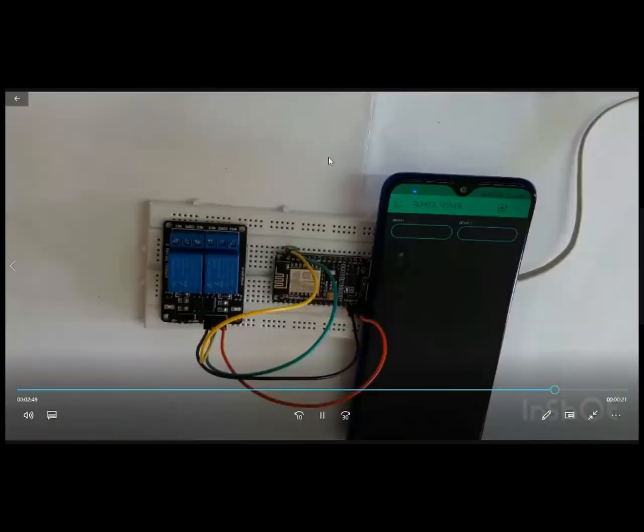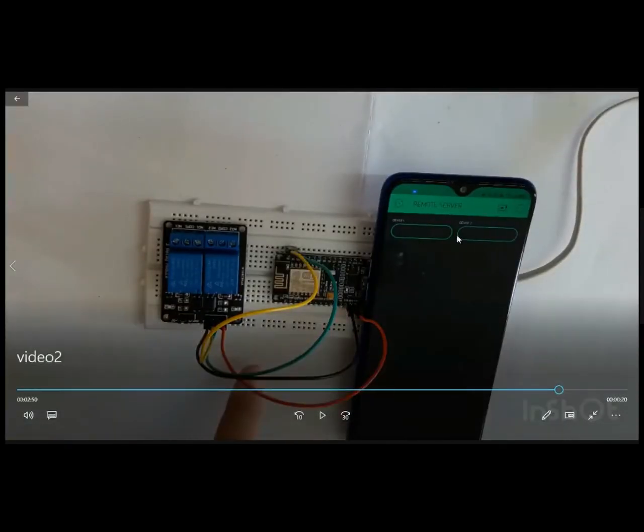now I am pressing the play button. So this device has started. Now here I can press on and off, and that will take effect simultaneously. Now here, see, we are seeing what happens when you press the button. Initially both the relays are switched off. The play button is on, that means the remote server is working. It is connected to the internet.